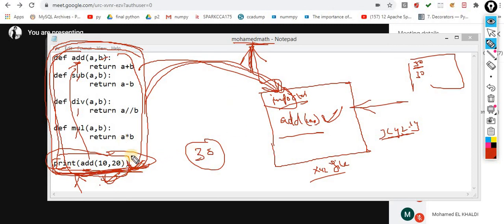But what I want is this: when I implement this file indirectly, meaning through this XYZ with the help of import, at that time I don't want this to be executed.